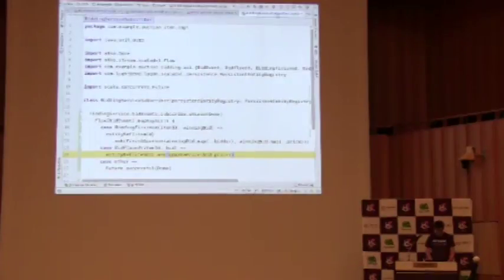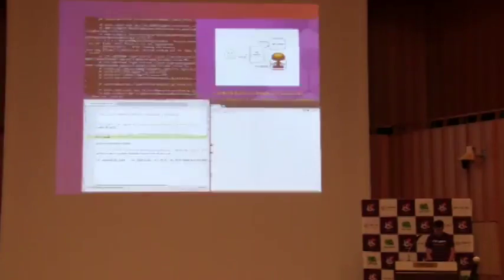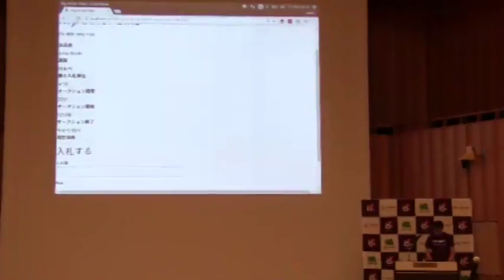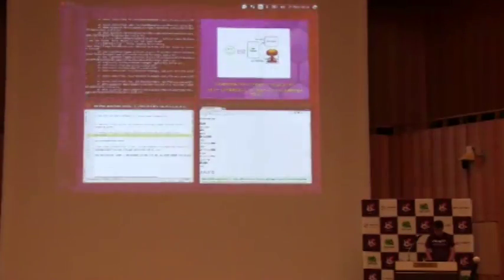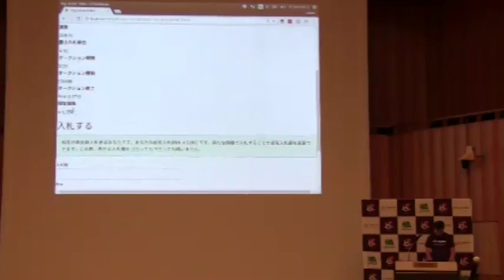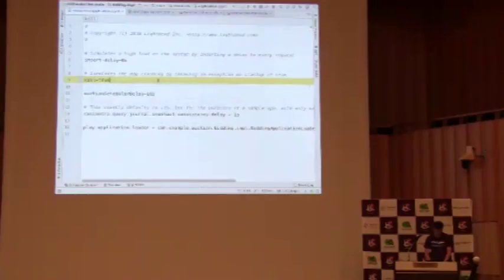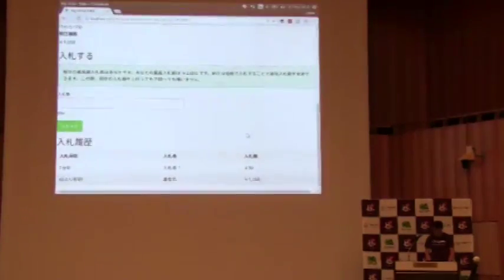We'll start our bidding service again. We'll now log in as me and place a bid. We can see the current price is 1,050 yen and the bidding history. Now we kill our service. The bidding history is gone, but at least we've got the current price, so users aren't going to be like, this is crazy, how can it have gone back down to 0?